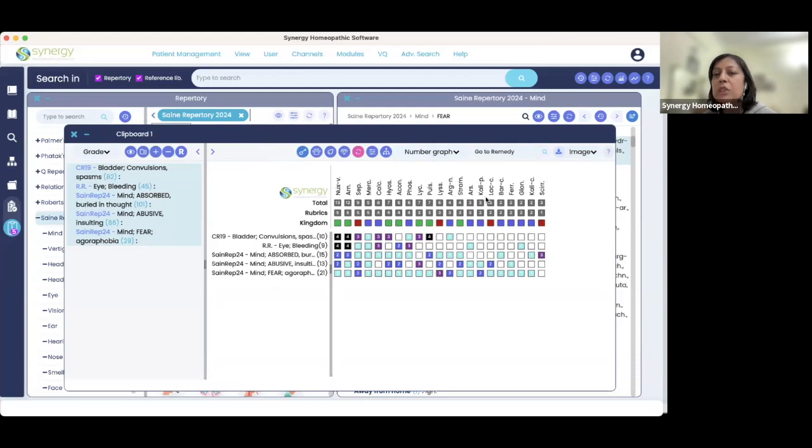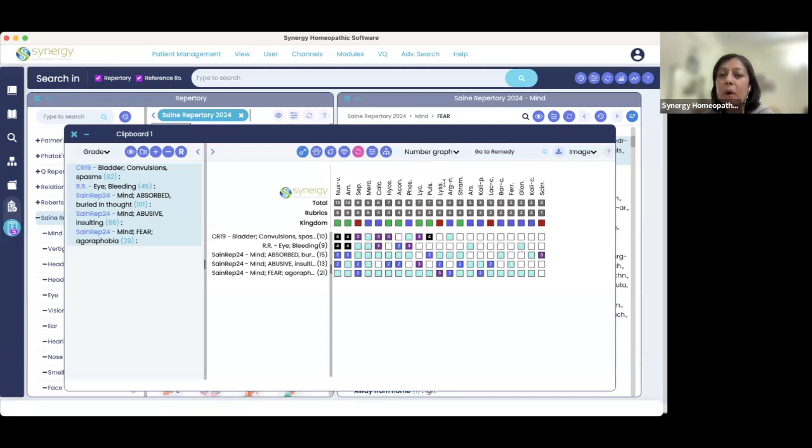And now it's a much easier consideration set because you can apply more analysis to it. You can do kingdom analysis, you can do miasm,